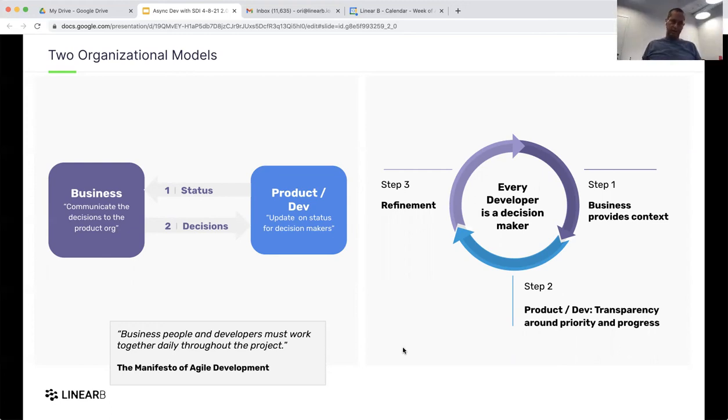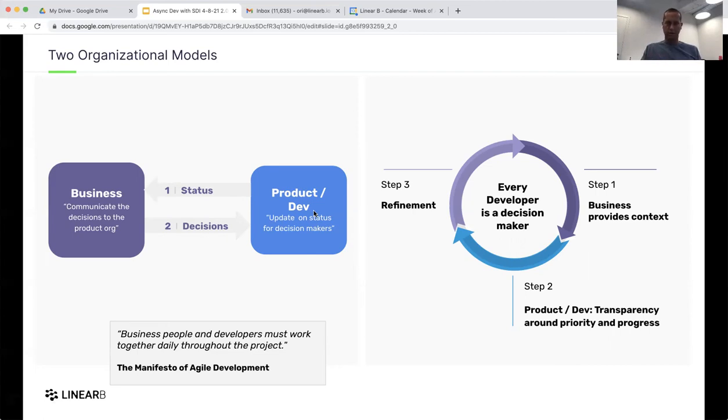It assumes that, in the sentence, you can see that there are two types of people: the business people and the developers. And this assumption, I think, is wrong for these days. Again, I give a lot of respect for when it was written, but for these days it's wrong, because it maintains this wrong organizational model where you have business on one side and the people who are building the product on the other side, and they're siloed.